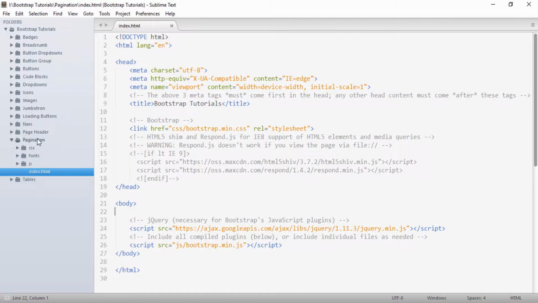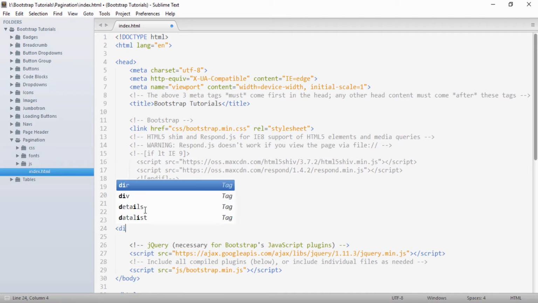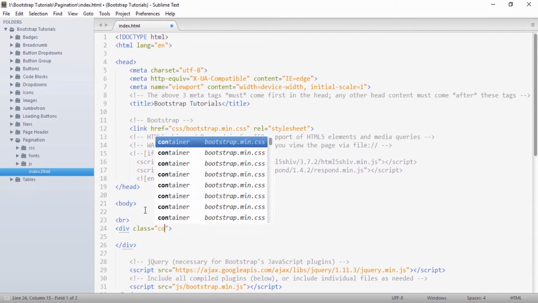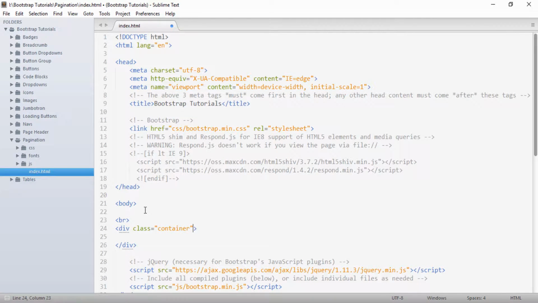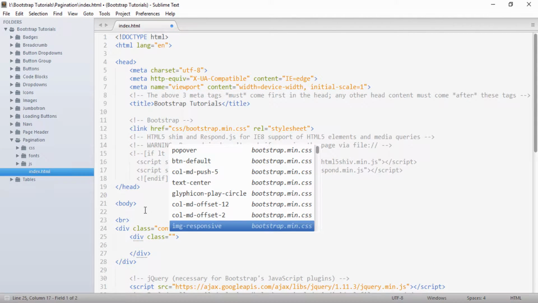Under pagination index.html, after providing the Bootstrap CSS and Bootstrap JavaScript file, let's design our pagination in the body tag. First I will create a BR, and just below I will create a div. To this div I will provide a class of container, and inside this container I will create a div having a class of row.